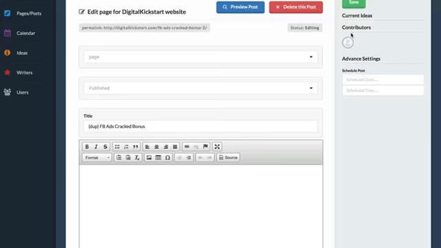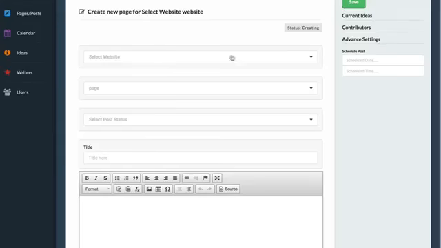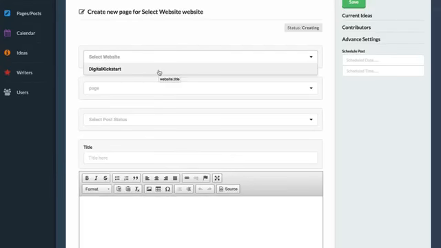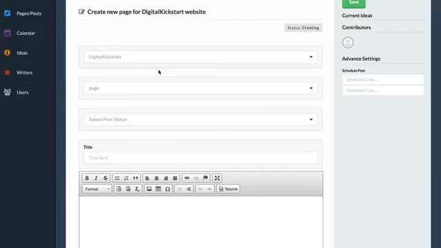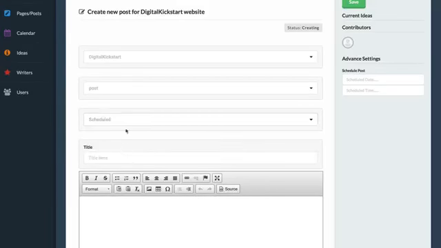Okay. Now you can also go back into pages and posts and you could add new, and then you just select which website you want this piece of content to be published to. So if you have multiple sites, you just select which page or which website it's going to. If it's going to be a page or if it's going to be a blog post, okay? And then if you want this to be a draft, if you want it to be published, or if you want to schedule it for a later date, I'll leave this as a draft here, and then this will be,